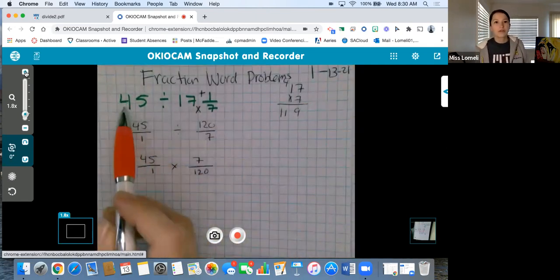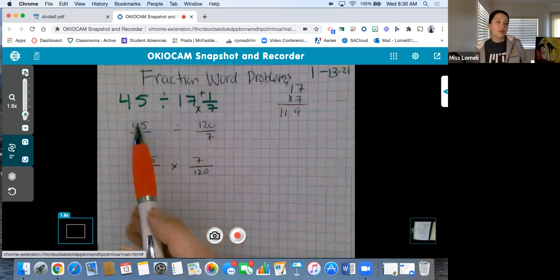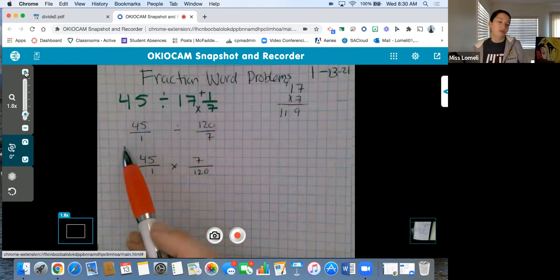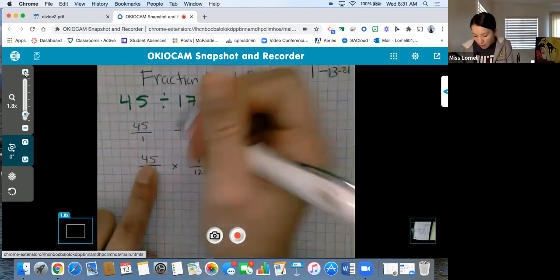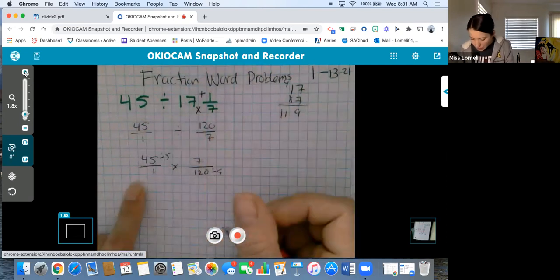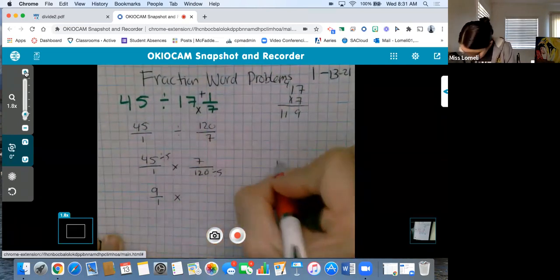So the first problem is 45 divided by 17 and 1/7. It's important which number you put first, right? Because 10 divided by 2 is not the same thing as 2 divided by 10. I would totally 100,000% simplify the corners by dividing by 5, right? So I would get 9 over 1 times